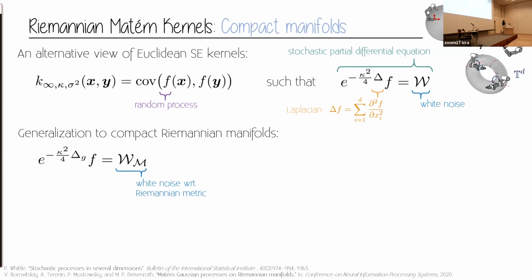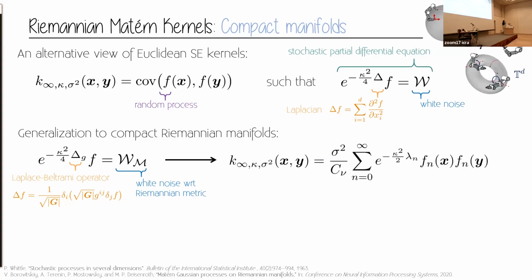And on the left side, we have the generalization of the Laplacian operator to Riemannian manifolds, which is called the Laplace-Beltrami operator. And again, it's defined based on the Riemannian metric. The g that is here on the function is the Riemannian metric. So you see that again here, we depend on the Riemannian metric to define all the geometric tools that we need. What we do here is that we solve this partial differential equation, then we compute the covariance of it, similarly as what we did here for the Euclidean case,